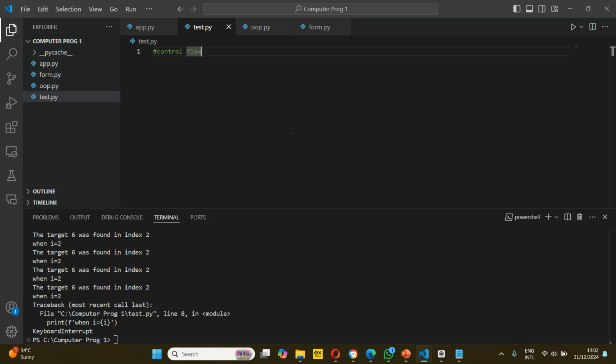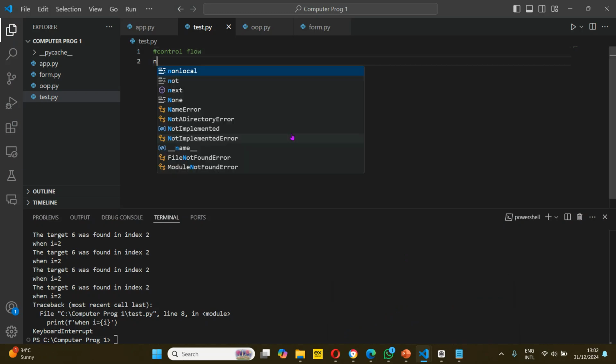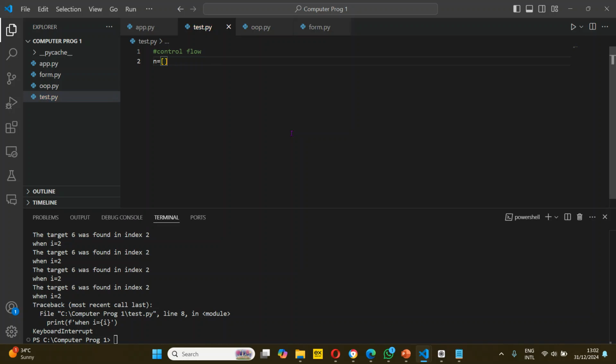Let's assume that we have a variable called n, which holds a list. This list has a total of five items, which are 4, 6, 5, 77, and 0. So this variable n is assigned this list here, which has a total number of items of one, two, three, four, five, right? Now let's assume that we have a target variable, which is 77,